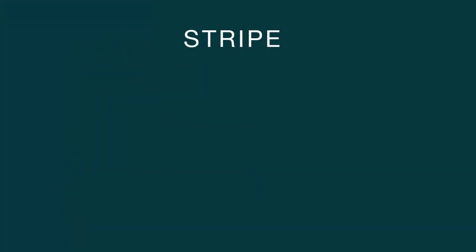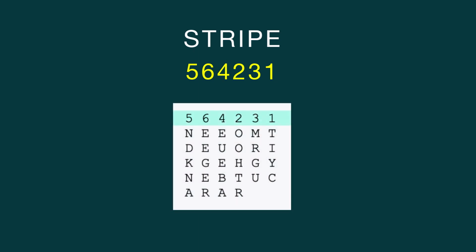The same key can be used for both transpositions, or two different keys can be used. As an example, we can take the result of the irregular columnar transposition in the previous section and perform a second encryption with a different keyword, STRIPE, which gives the permutation 5, 6, 4, 2, 3, 1. Hence, it can be encrypted as 5, 6, 4, 2, 3, 1 are the positions, and the first row will